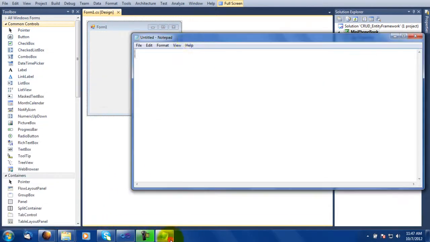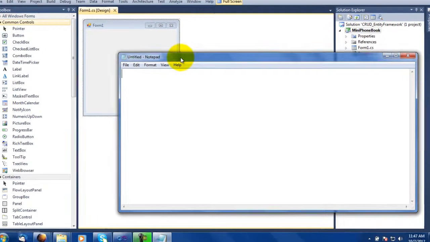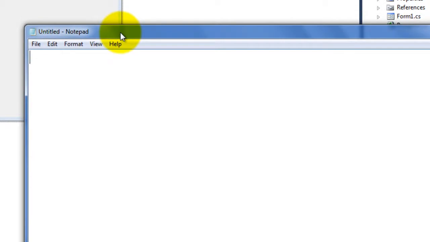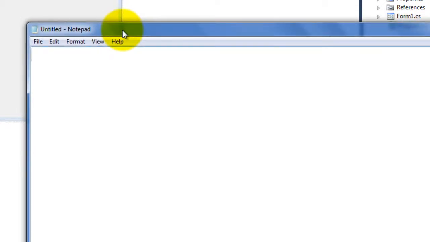Okay, hi guys. Today we're going to create a mini phone book application. This mini phone book application covers some basic knowledge on how to create a system. So once you have finished creating the mini phone book application, we're going to learn how to do some basic